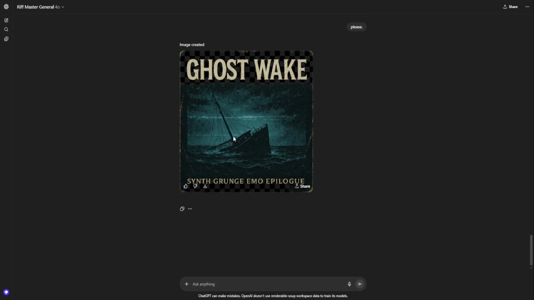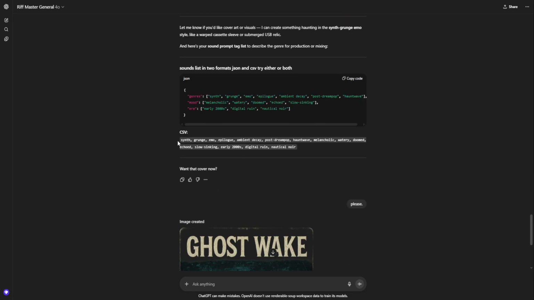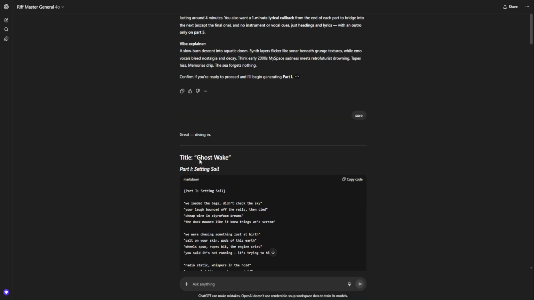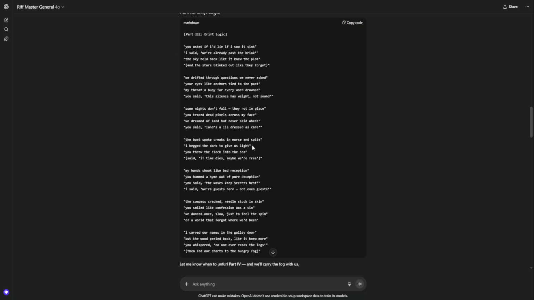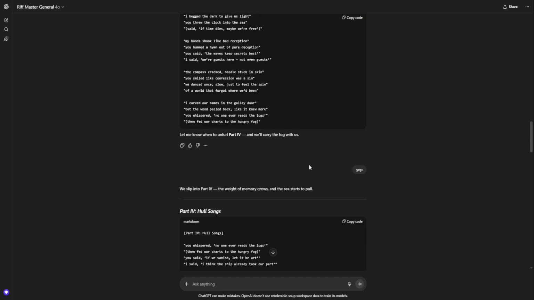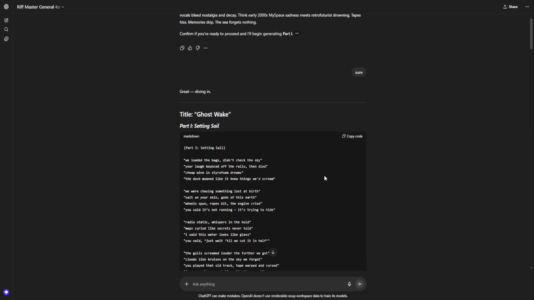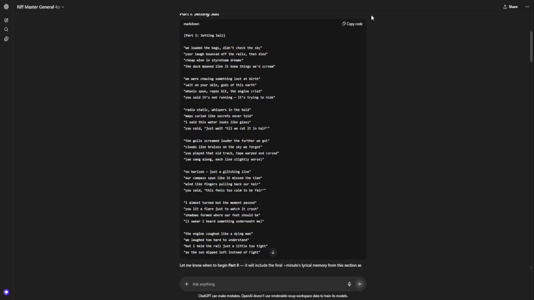I have made an album image, sound prompts to use all the way through, and then 5, so part 1, part 2, part 3, part 4, and part 5. I'm useless at writing lyrics. They'd end up being just rubbish, probably less rubbish than what GPT is going to make, but we'll go with it. So we copy the first set of lyrics,